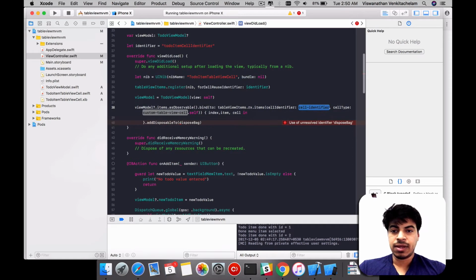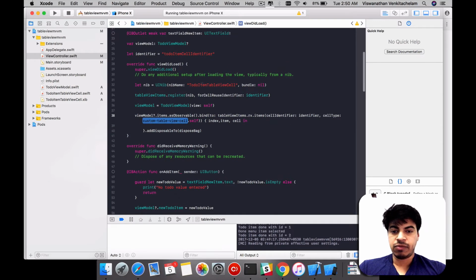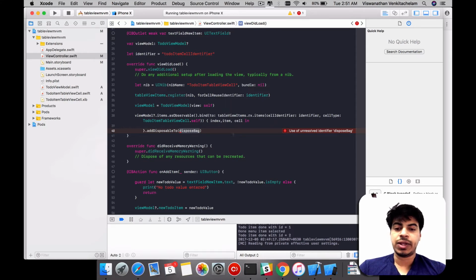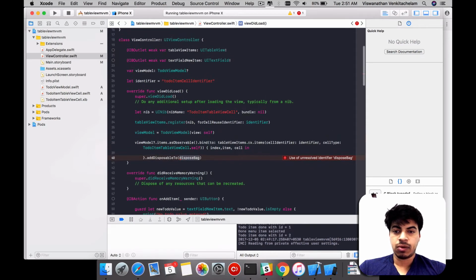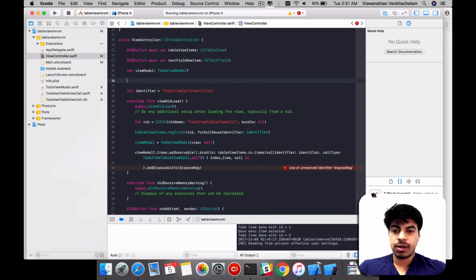So we have the individual cell identifier being created already. Let's introduce that here, identifier, and it needs to point to my custom table view cell, which is the to-do item table view cell. That's also done right now. So that binding is already done, and we need to also take care of something called a dispose bag, which is nothing but a garbage collection feature included along with RxSwift, which will let you easily handle memory management of all the Rx elements. So all that we need to do is to add it in a bag called dispose bag,